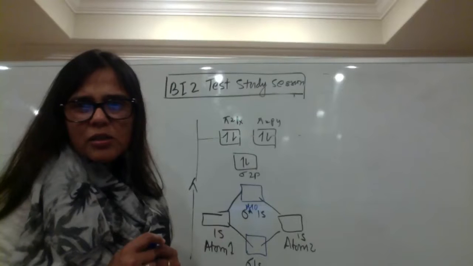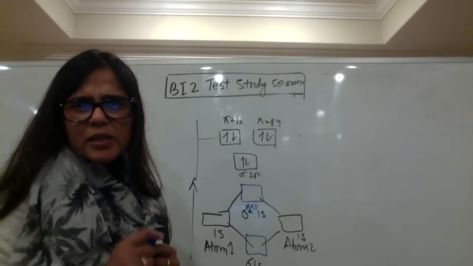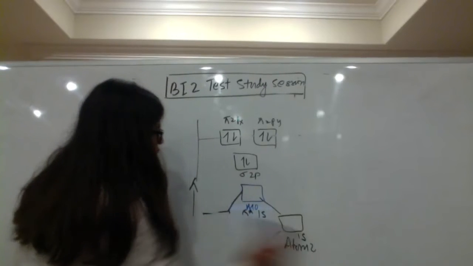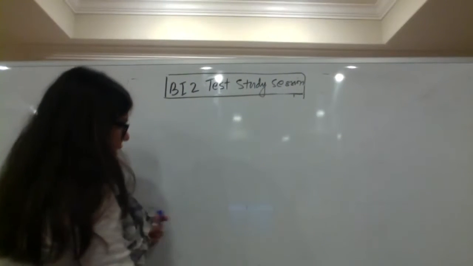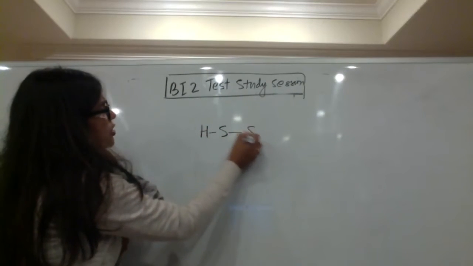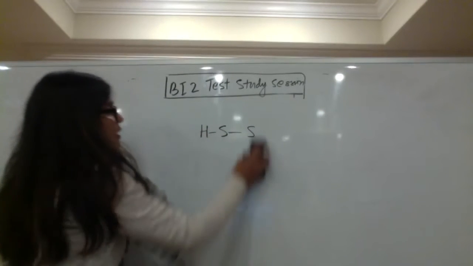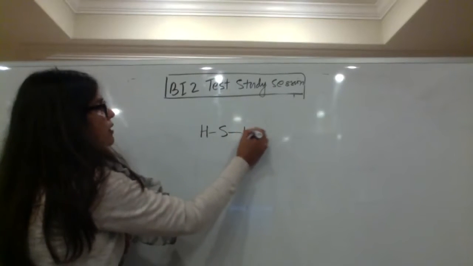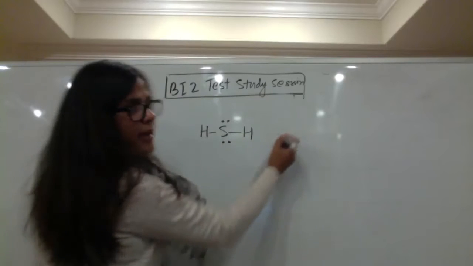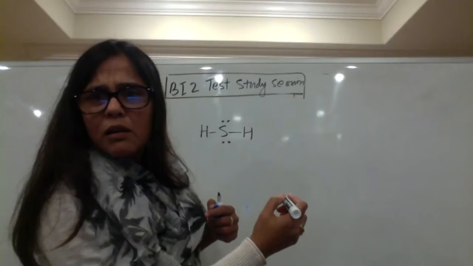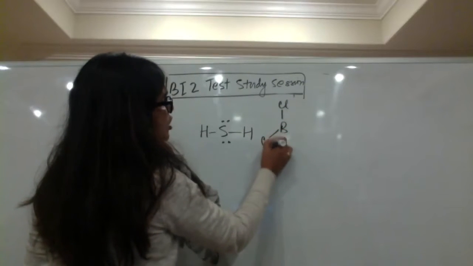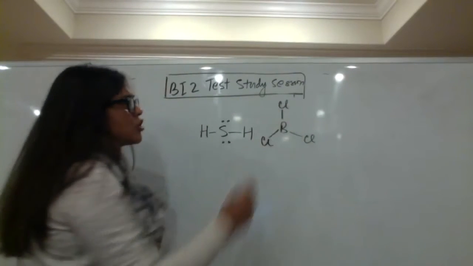Alicia's question: can you explain why, between H2S and BCl3, H2S has a dipole moment? Okay, so between H2S and BCl3, if you draw the structure of H2S using the Lewis structure steps, it comes out to be this. And BCl3: boron is one of the exceptions, which is happy with 6 electrons, so there are no lone pairs